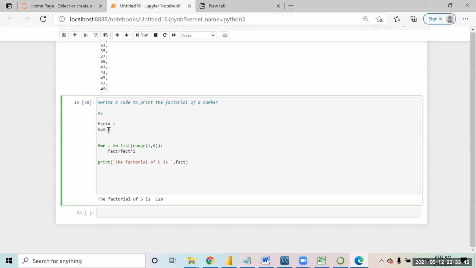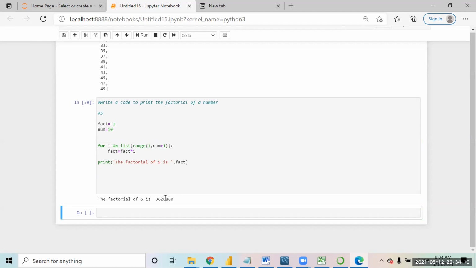Hi, Amit. In this, what is the need for num equal to 5? See that I just wrote over here. I can make it dynamic. So basically what I can do is write the same code as list in range num plus 1. Now if I change the number to 10, I can just execute my code and get the output.